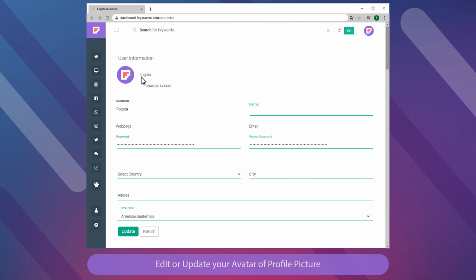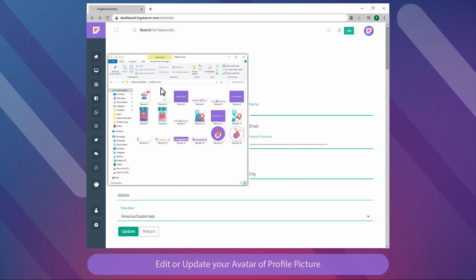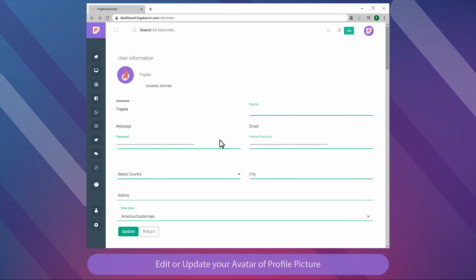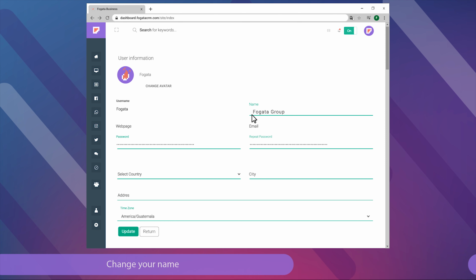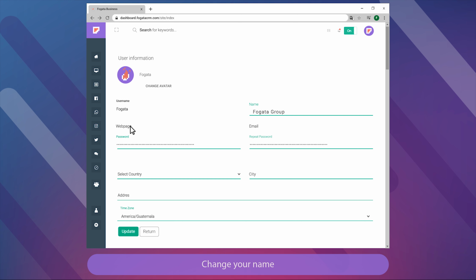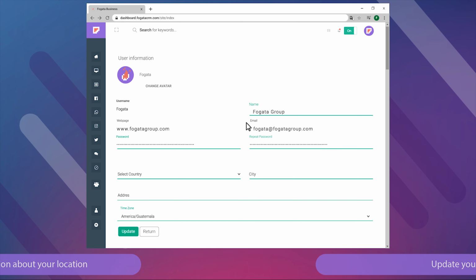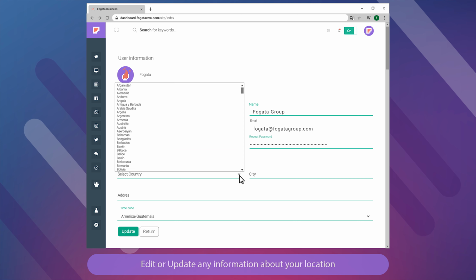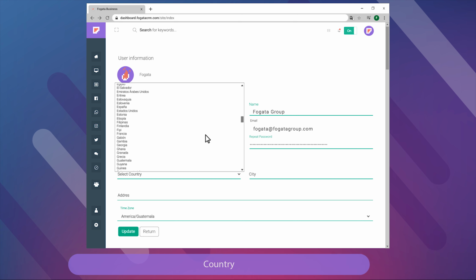Edit or update your avatar or profile picture. Update your username. Change your name. Update your email. Edit or update any information about your location, country,